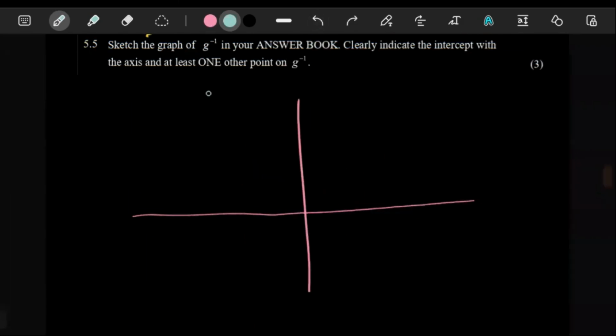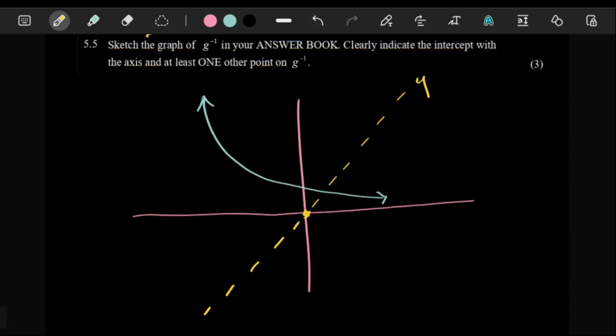You see, so this is the original picture. I'm just drawing the original picture so that drawing the inverse is a bit easier for us. You see, so this is what the original picture looks like. Now, for you to draw the inverse, all you need is the line of inverse. Remember, the line of inverse is the line y is equal to x, and it's this line over here. So as long as you have this line y is equal to x, which you should draw out when you draw the inverse of the graph,